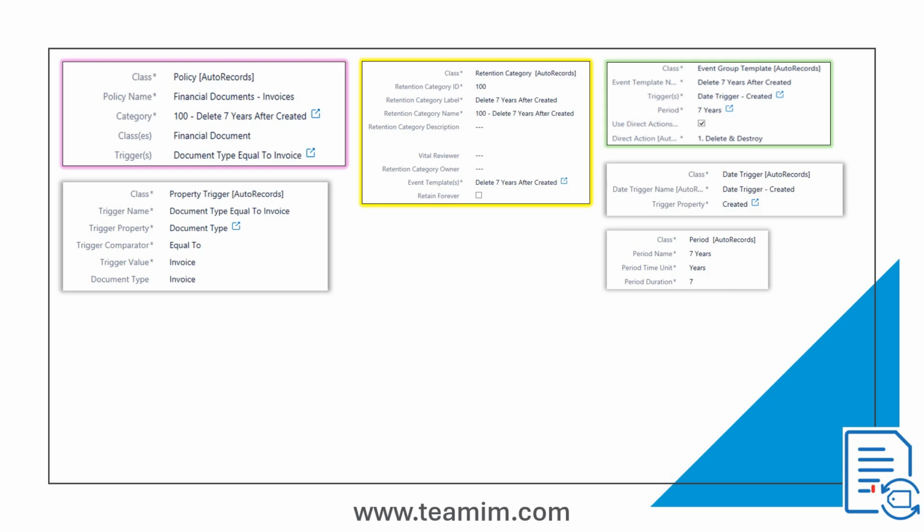a direct action, which will perform the action directly against the file rather than invoking workflows which can be customized. Once we've selected direct actions, we can select the delete and destroy, and our event group template is complete. Now, after the document is created, we wait 7 years, and then we delete and destroy the document. With these configurations in place, we've got everything set up in mFiles to delete invoices 7 years after the creation